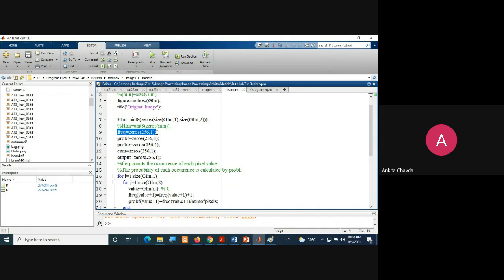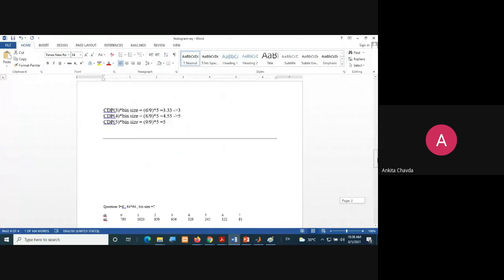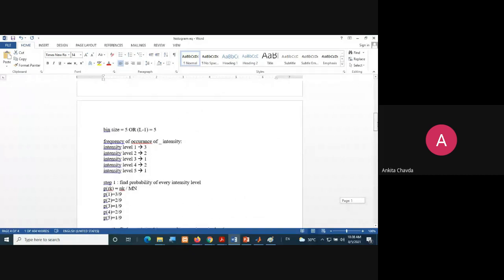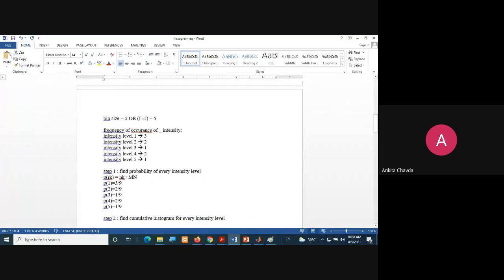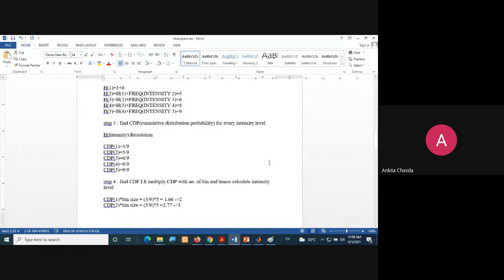You can even consider it a row vector, we really don't mind. You just need to create one of the matrix which will store whatever values you have calculated. Why have we created all these different matrices? To store the frequency, the probability, the cumulative histogram. To store the different things, you have created the matrix here. Okay.